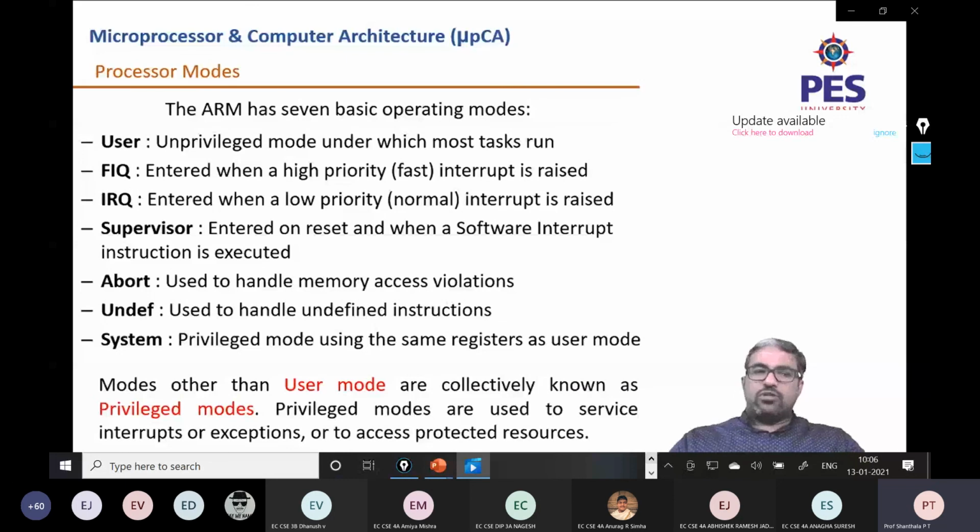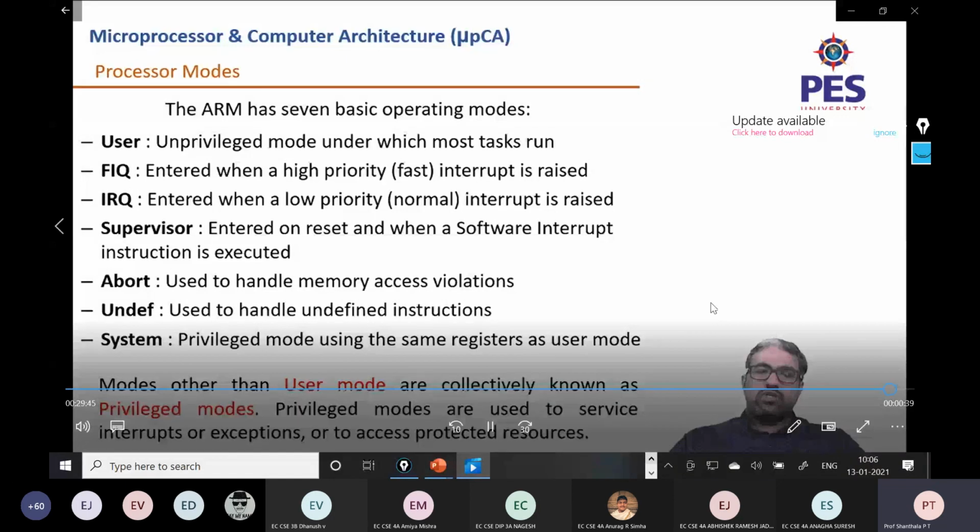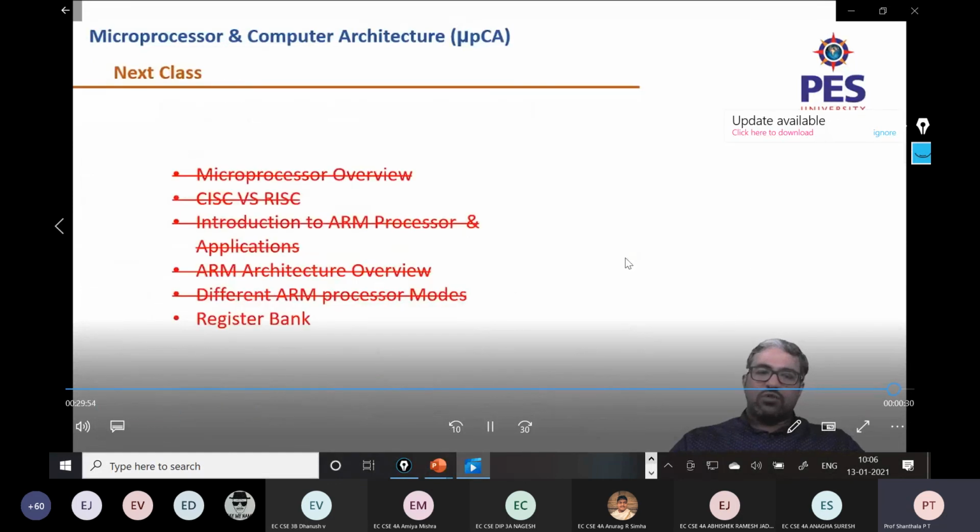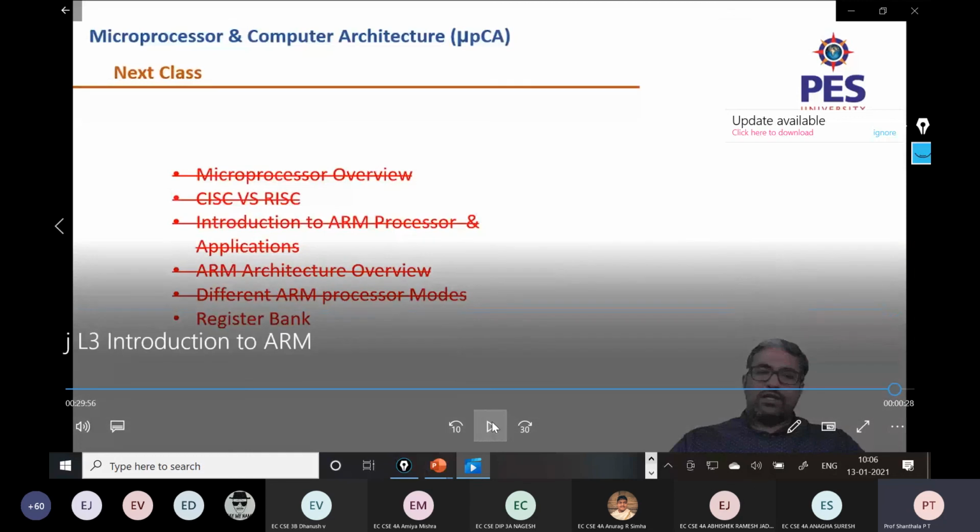We'll discuss these modes with respect to the register bank, and the registers used in different modes, in the next session. So with that, we'll